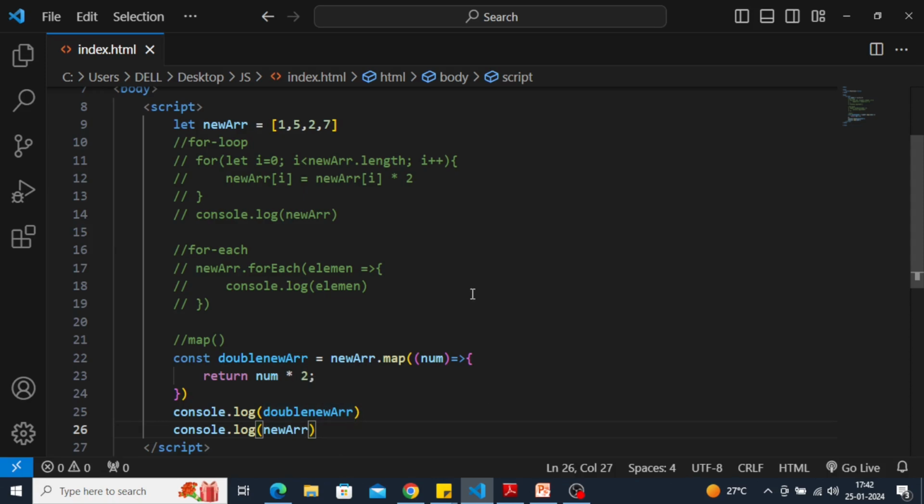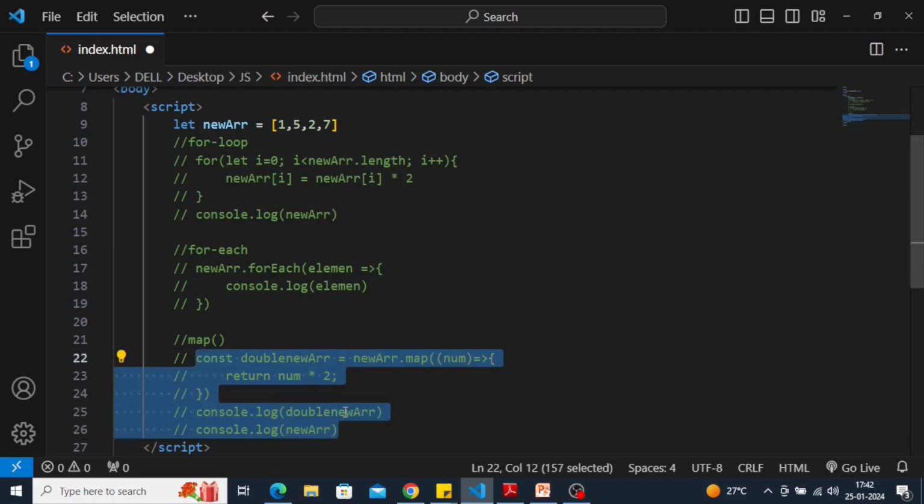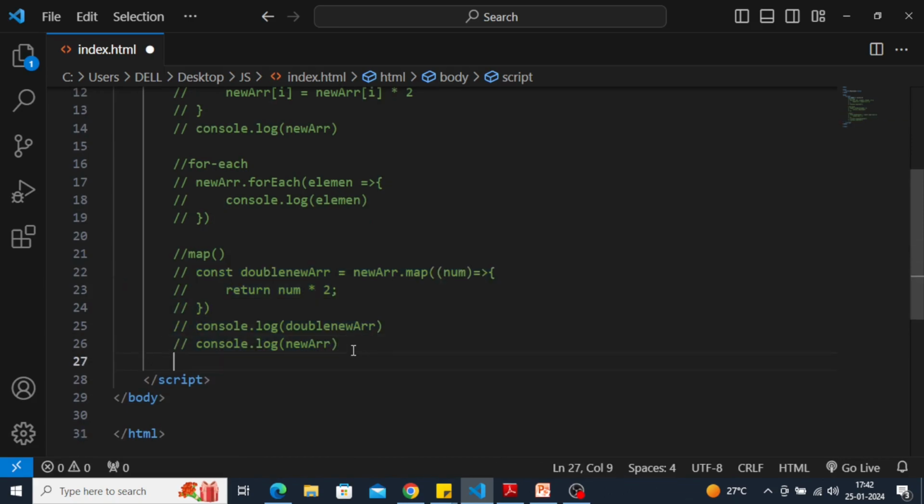So next is the filter method. I will comment this out. No need to worry, the commented code I will paste into the description, or I will give you the link of this code. You can refer to the code, and if you need anything specific to the topic, you can comment in my comment box. I will create a new tutorial for that, or if you have any questions, do let me know, I will answer those. So the next topic is